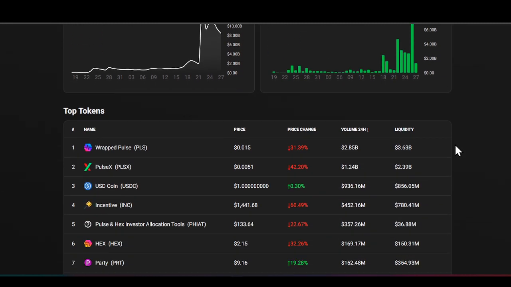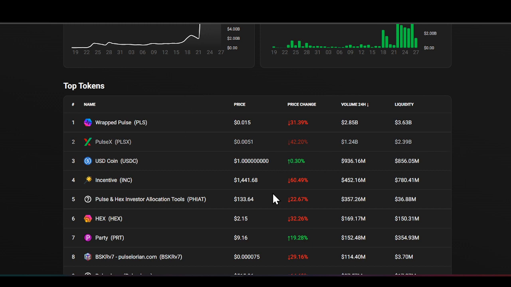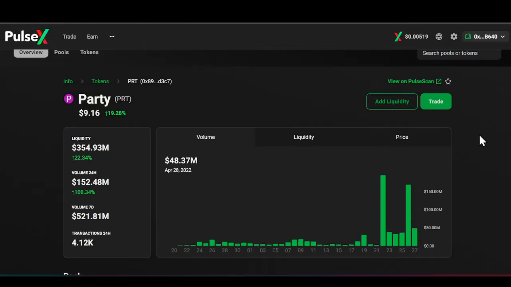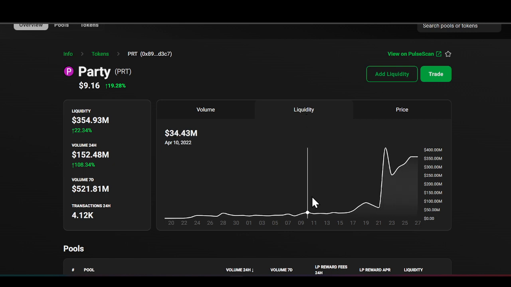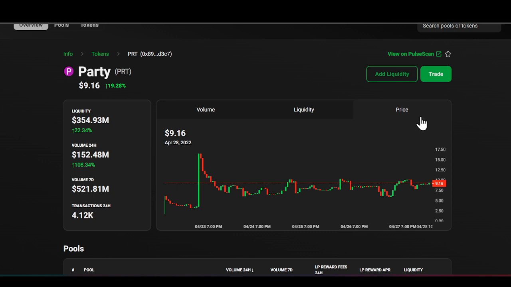If we go ahead and scroll down, you guys can actually see the top tokens. We've kind of talked about this before in another video, but I want you guys to see something, because now we can actually take a look at charts. So we're going to click right here on Party, and you guys can see everything that pops up here. Look at this. It pulls up, obviously, the ticker symbol, the price, the liquidity, the volume in the past 7 days, and transactions in the past 24 hours. So you guys can actually see all of the volume that is coming in here. We can even click on liquidity, so you guys can see that as well, which is important. But one thing I really like here is going to be the price. You can actually see